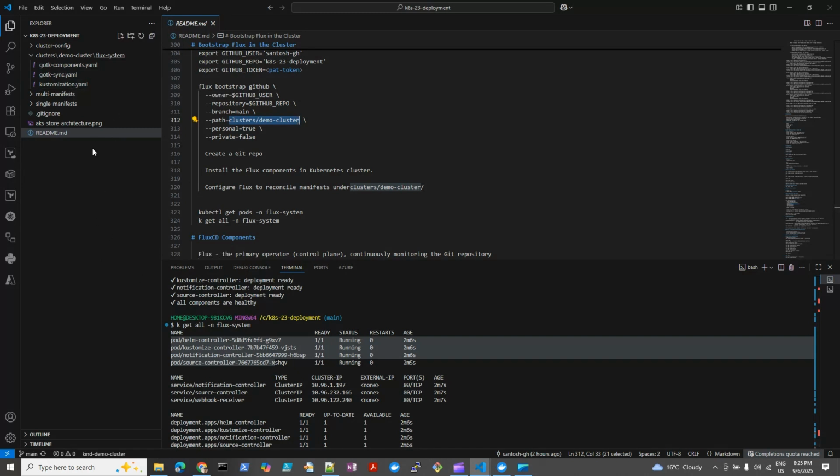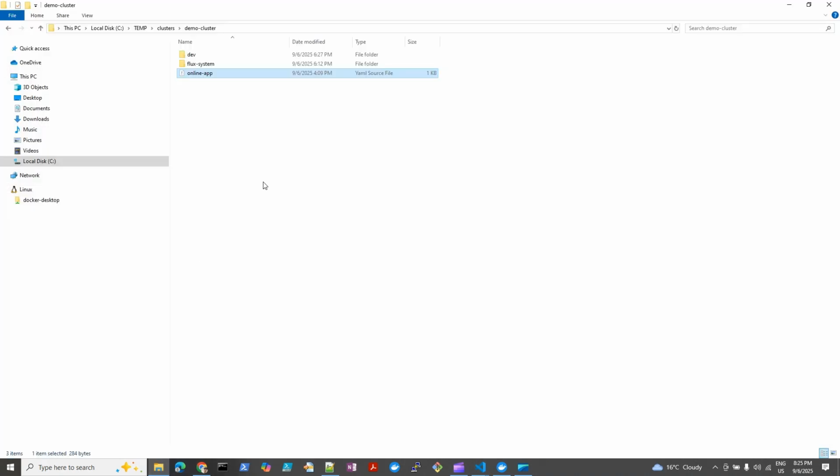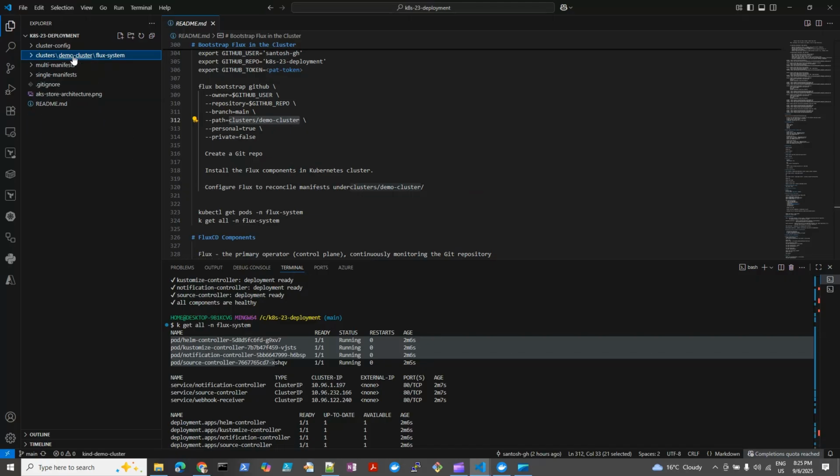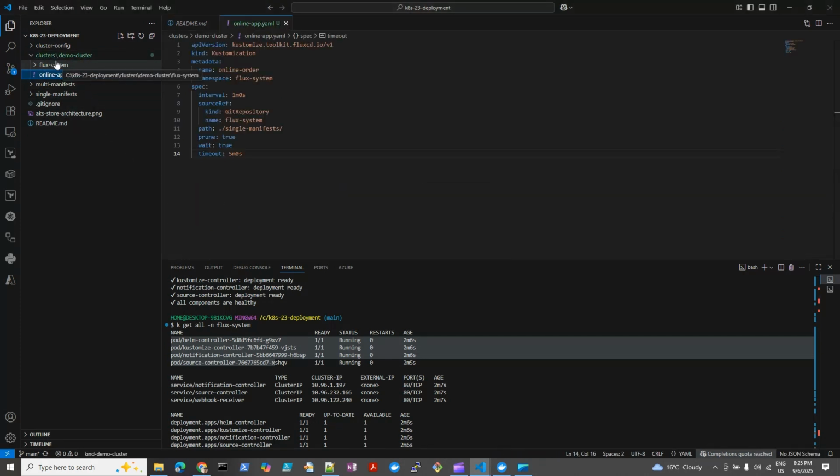Now what we'll do, we need to create a customization file here. That file I have already created. Let me just copy it. This is the file, and I'll just copy it under this folder. So if you see under the cluster demo folder, I have copied this online app YAML. What this customization basically does is define the repository. So our repository is this one, Kubernetes 23 deployment. It is a kind GitRepository, and whatever got created in the